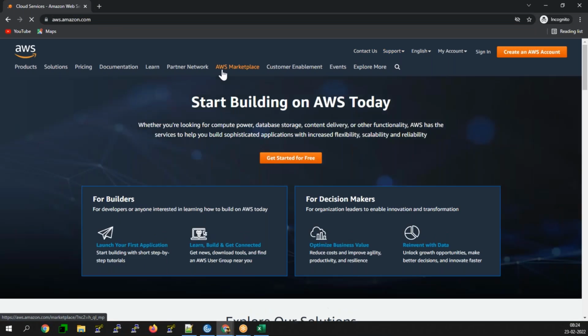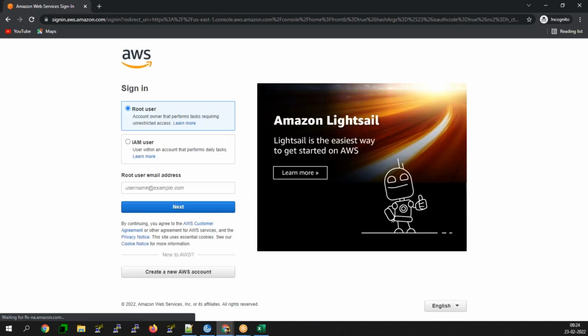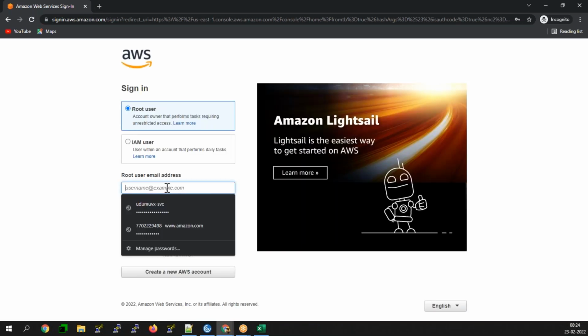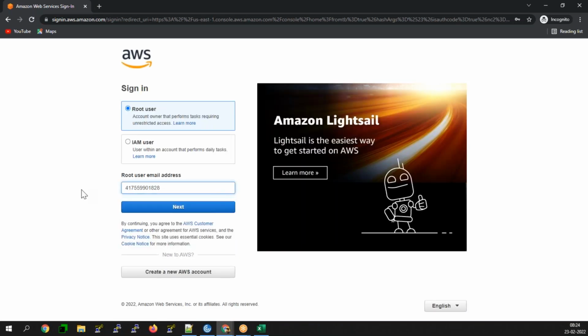So go for the console, sign in. Here is your respective account address, or else you can also provide the aliasing name for it. How to create an aliasing name, that I will discuss.